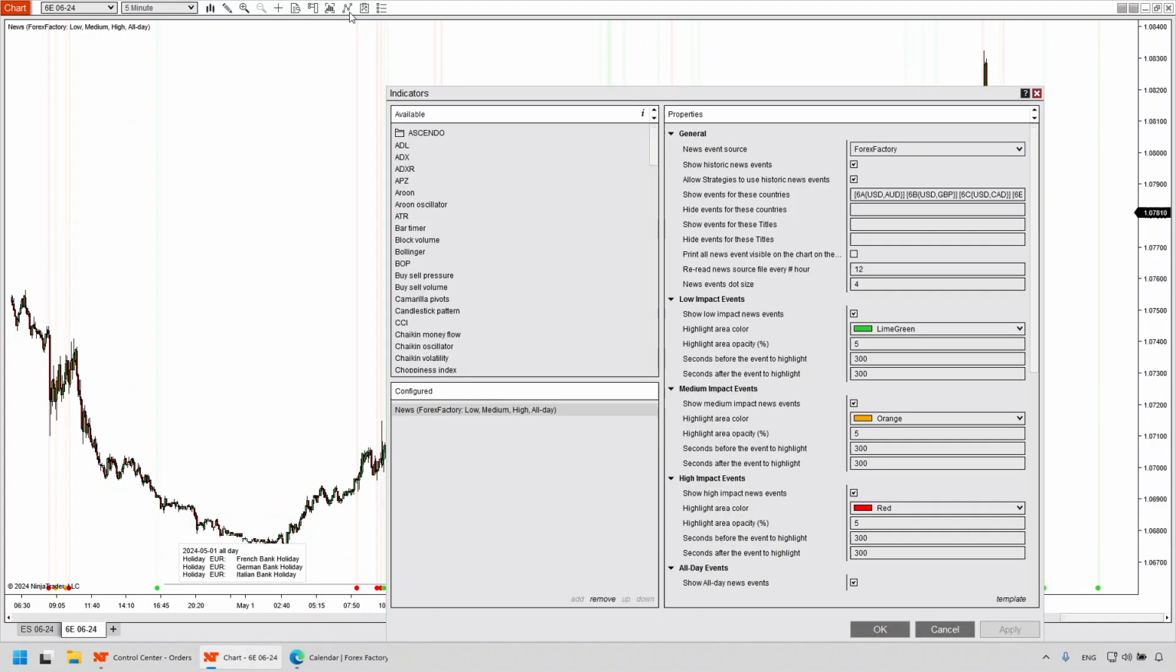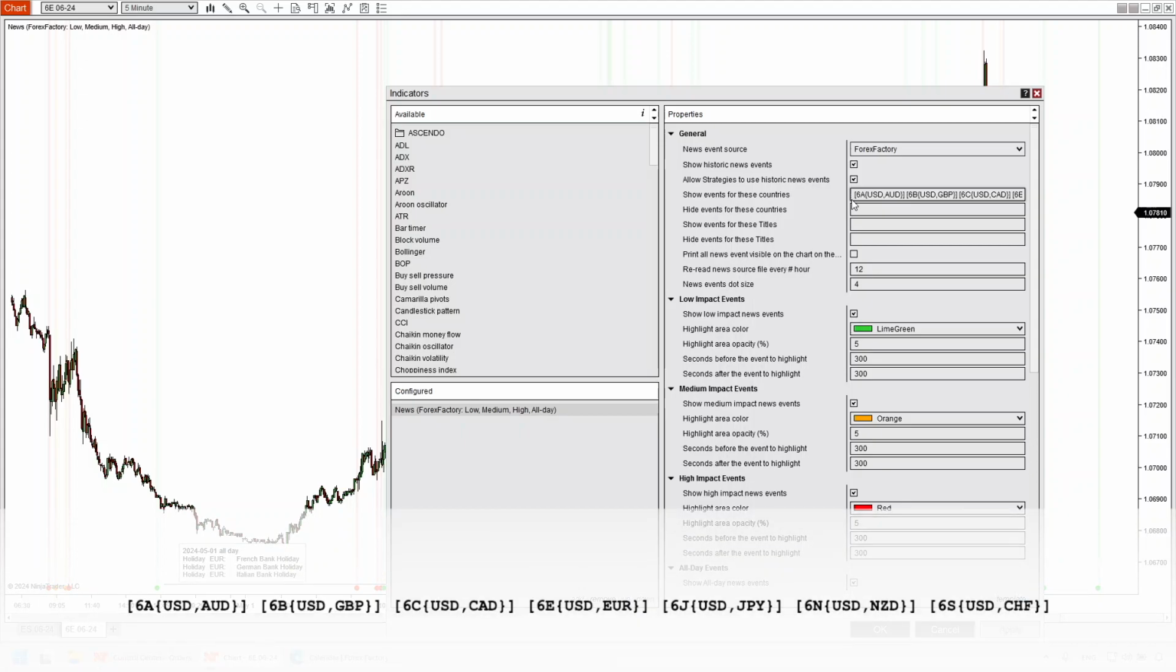The indicator includes a parameter titled Show Events for these countries, found under the General section. This feature allows you to specify from which countries the news events should be visible for each instrument. As we can see, this parameter is pre-configured by default for currency futures contracts. While the instrument currency for all currency contracts is the US dollar, it is also practical to view news from